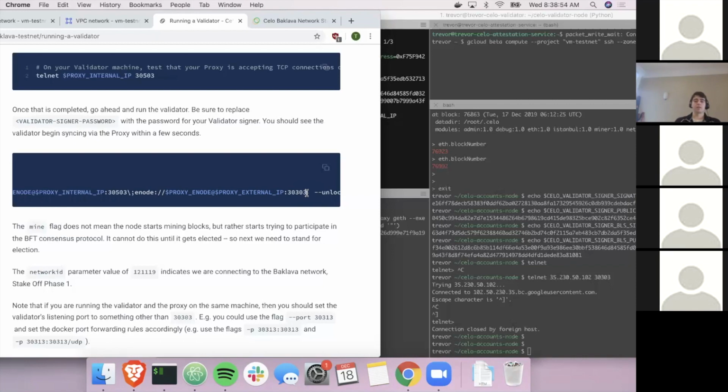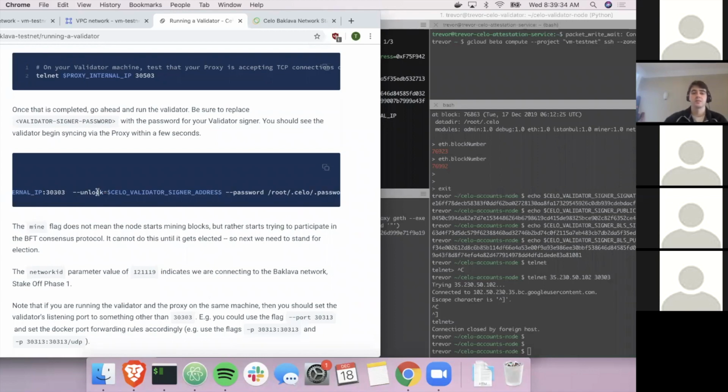And so in this setup, what's happening is we have the validator that's only peered with the proxy, and then the proxy is peered with all of the other validators. And this is gossiped to the entire network, and only the elected validators are aware of it or able to, I guess, decrypt it. And they use this information to initiate a peer connection with this proxy. So it is super important that these two enode URLs are correct. Otherwise, you will definitely run into issues becoming a validator